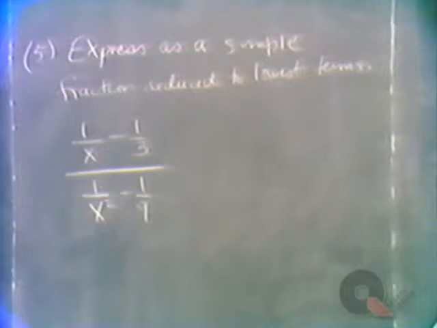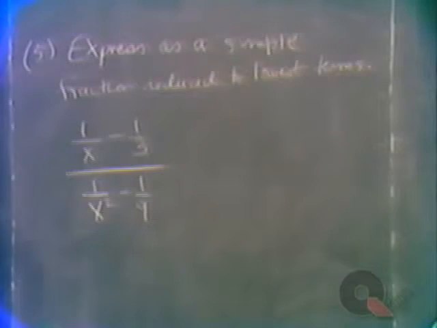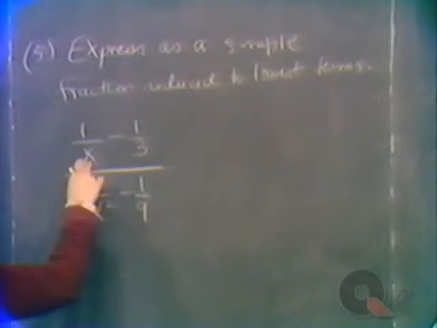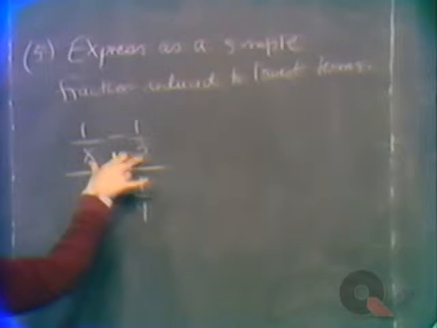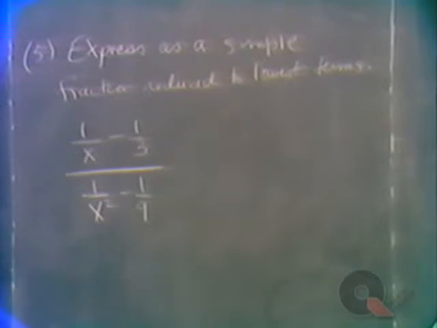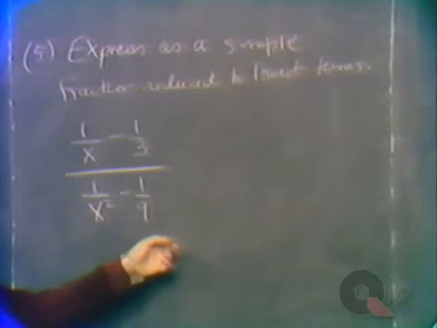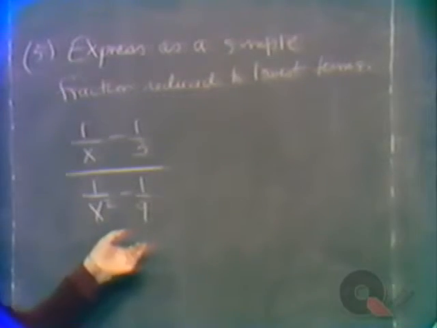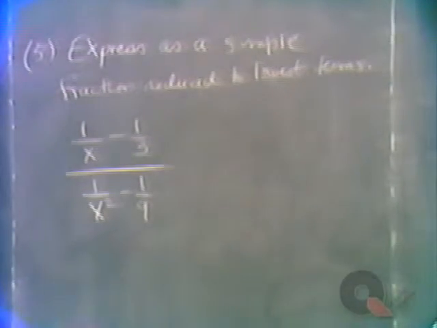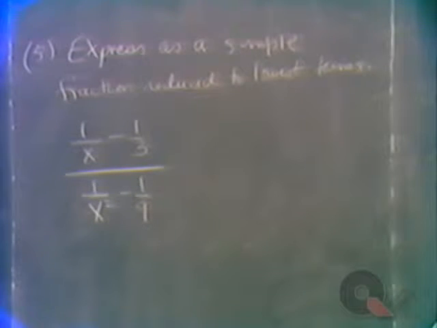They're fractions themselves in the numerator and the denominator. Now, there are two ways of handling this. One way would be to subtract these two fractions, combining over an LCD for the numerator of 3x, and to combine these two fractions, combining over an LCD of 9x squared, and then, of course, inverting and multiplying. The other way is to